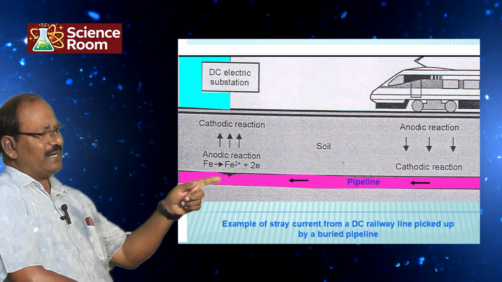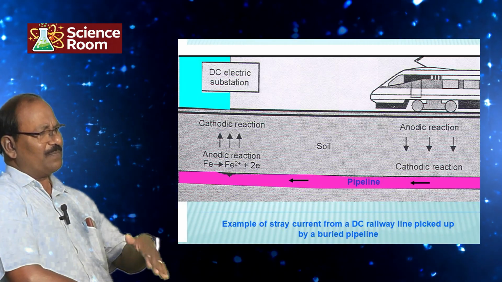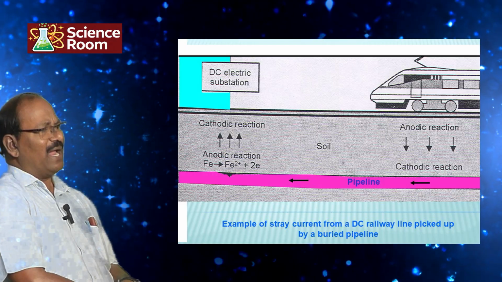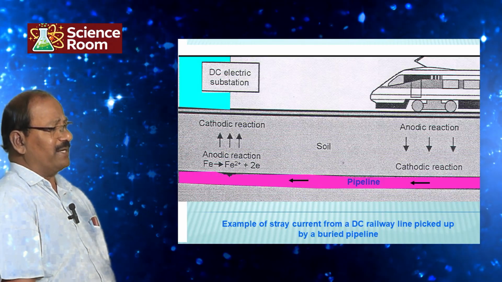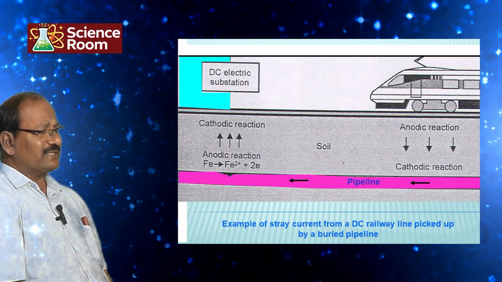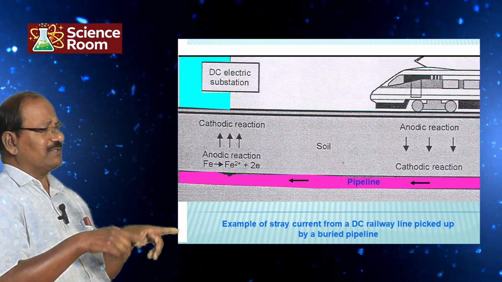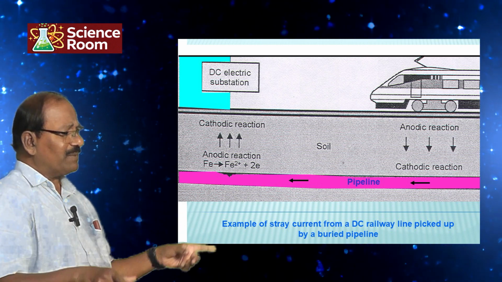That will be circulated and relieved at one place in the ground. That will become the anode spot, and the corrosion will take place at that point. When cathodic protection is given to pipelines, the pipeline corrosion current also travels through that, so the corrosion may take place in nearby